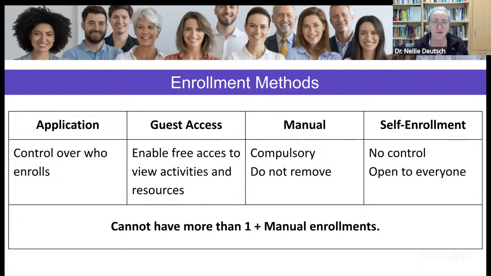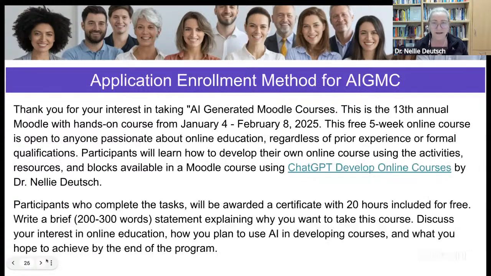I also want you to note that you cannot have more than one besides the manual. In other words, it's only application plus manual, guest plus manual, self-enrollment plus manual. But you can't have two, because then they override each other and nothing happens. So this is, in case you